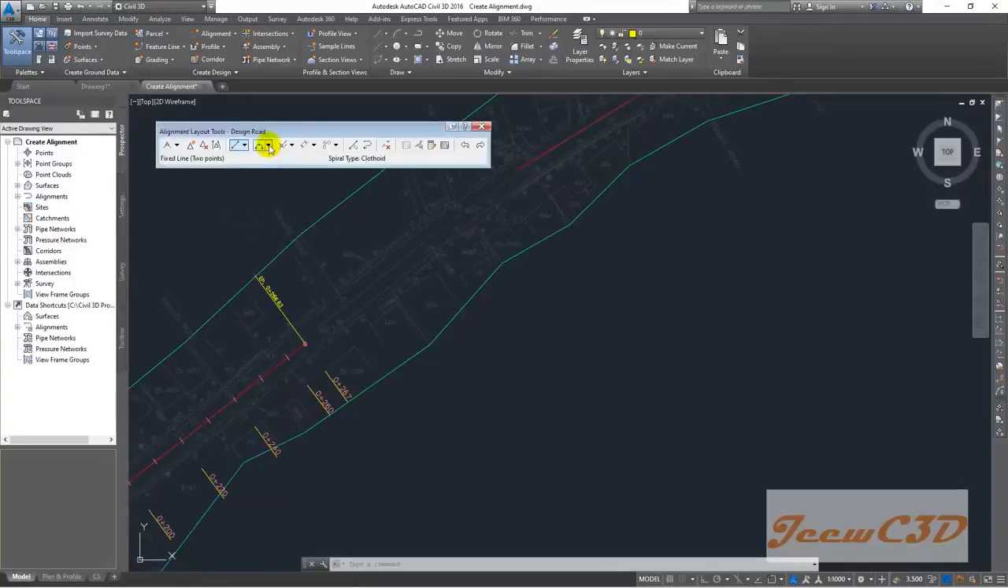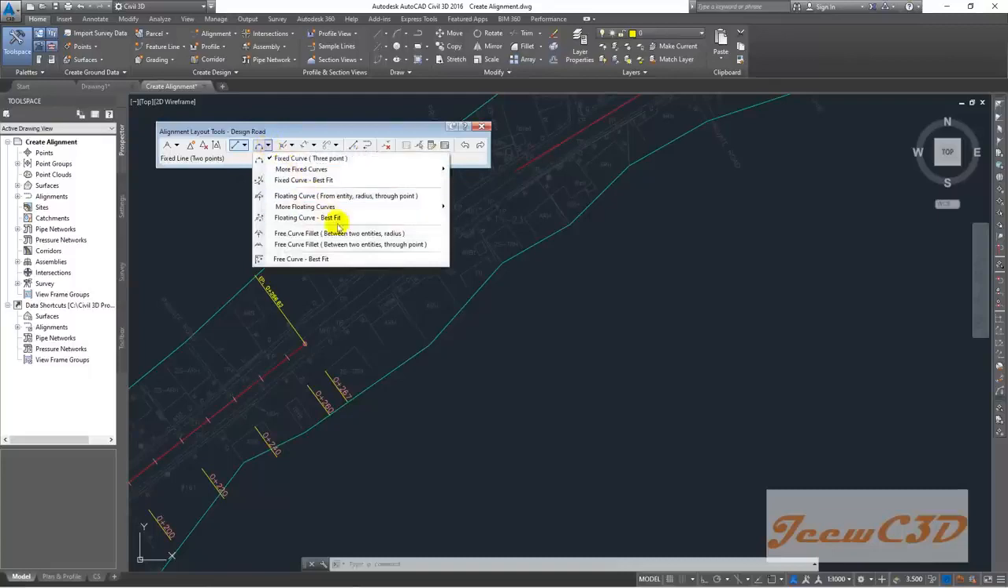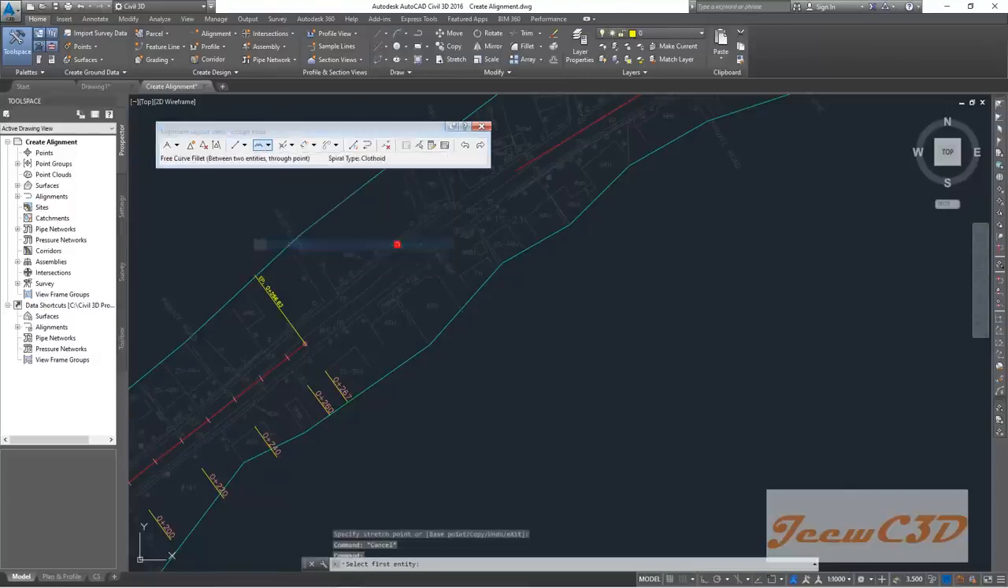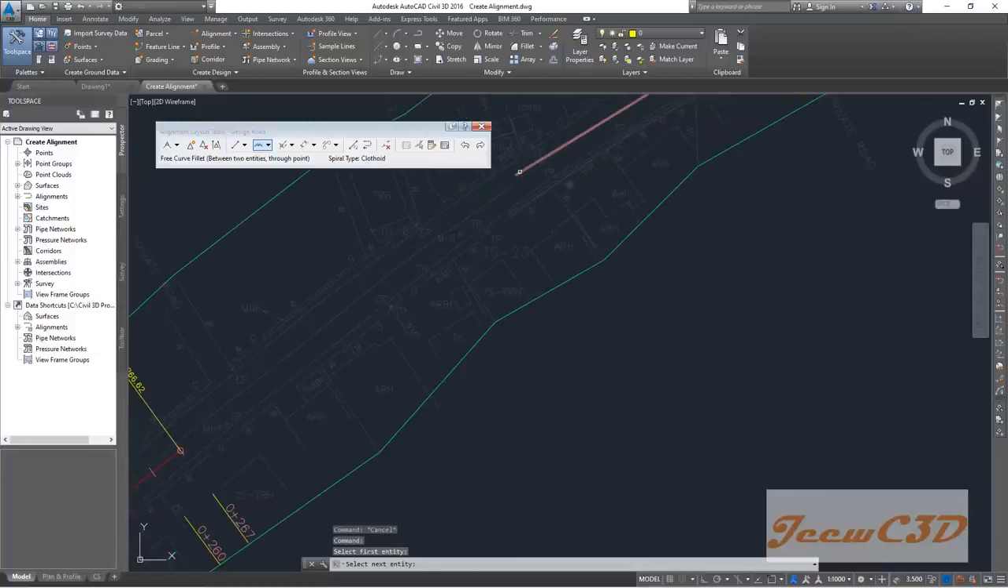So I go to this option, free curve fillet between two entities through point. I click that one. Then in the command bar it is asking to select the first entity. That means select the first part of the road. This is the first part. Then it is asking for the next entity. The next entity would be this one. Then I have to